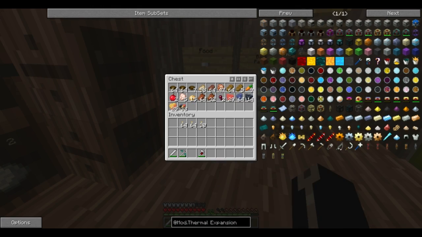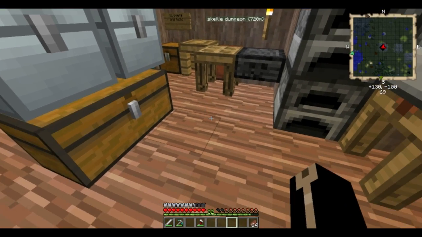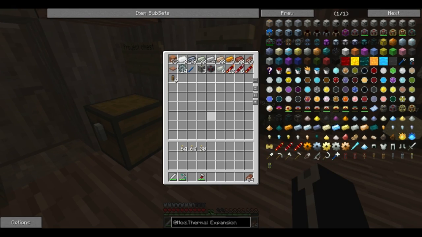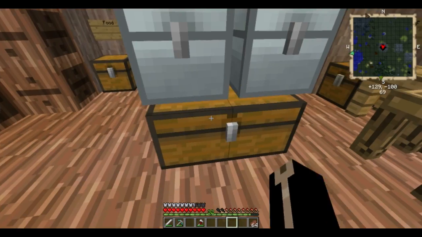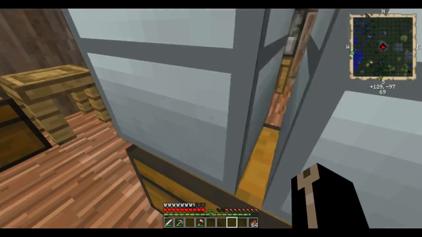Oh, one of my many backpacks. Where's the rest of my food gone? I swear I'm leaving my food in weird places. I probably left it in the box. This box. There it is, 33 steak. I thought so. So yes, we're going to go to the Nether, and I managed to mine a bunch of